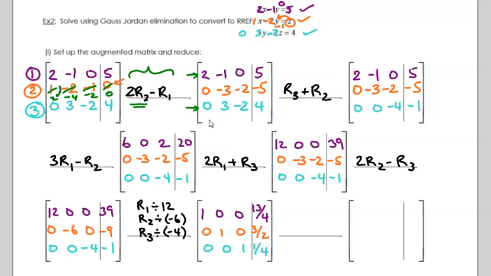So 2 minus 2 is going to give me a 0. Negative 4 minus negative 1 is going to give me negative 3. Negative 2 minus 0 is still a negative 2. And 0 minus 5 is going to give me negative 5. So this is nice. Now I have a 0 right here. Perfect. Okay. Going on to my next step, what I'm going to do is change up row 3,